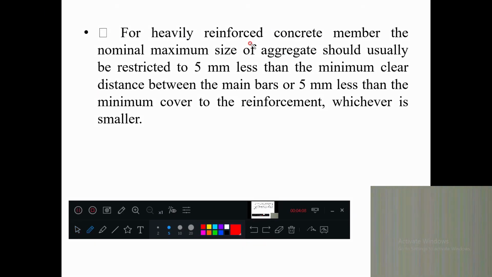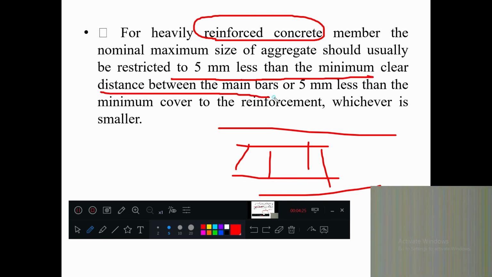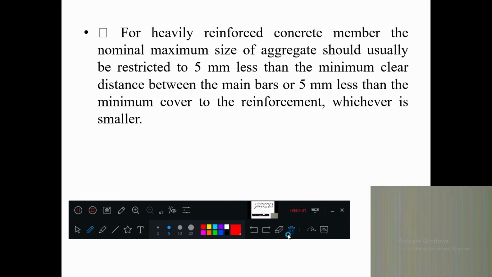Generally, for heavily reinforced concrete, where more steel is used, the maximum size of aggregate should be restricted to 5 mm less than the minimum clear distance between main bars, or 5 mm less than the minimum cover to the steel. Don't get confused, I will explain.